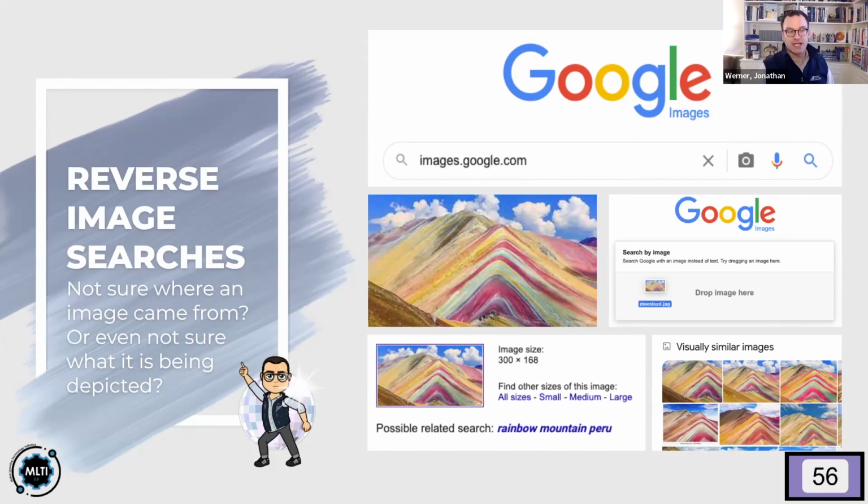It'll tell you if there's other sizes of it available, like if you'd like a higher resolution version. And then kind of cool, it'll give you visually similar images. So if it's a photograph that, let's say, for example, a student took while they were traveling in France, and you're pretty sure that they're not actually identifying the Eiffel Tower, when in fact it's clearly a picture of Notre Dame, dragging that photograph in will give it sort of a check against the database and show you other things that are similar,